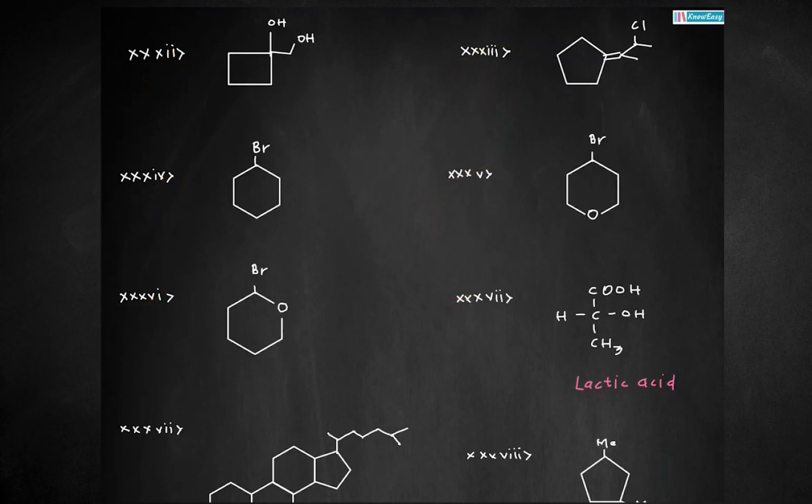Okay, I will directly tell you the answer. This will have 0 chiral centers. It will have 1 chiral center. It will again have 0 chiral centers. It will have 0 chiral centers. It will have 1 chiral center, and this is lactic acid. It will have 1 chiral center. Got it? So these are very simple questions now for you, and I hope you will be easily going to